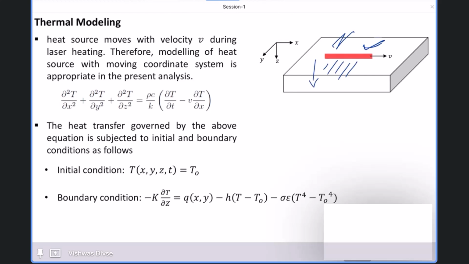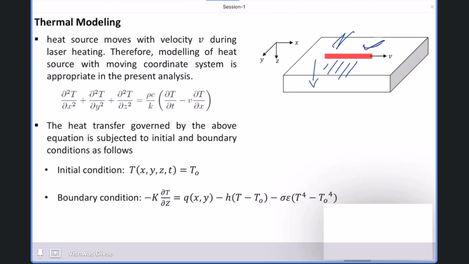Convection is possible, radiation is possible, and this is a very high temperature laser beam. Ambient temperature is always available, so convection is also possible. So all three modes of heat transfer will be active as your moving heat source is there. So for accurate modeling,